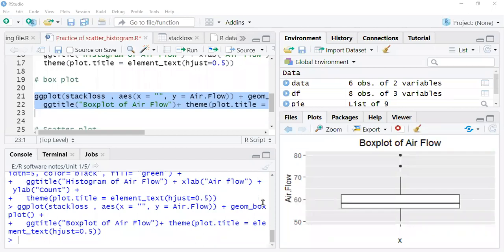And this is your minimum number, which is 50. Maximum number is 80. Sorry, no, this is an outlier. The maximum is here. Actually, you can say this is an outlier, but we have to check that this is the maximum. This is the first quartile, this is the second quartile, this is the third quartile.